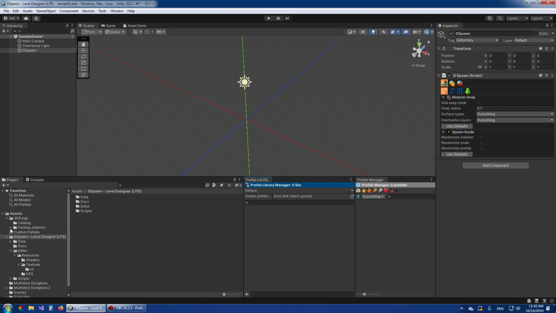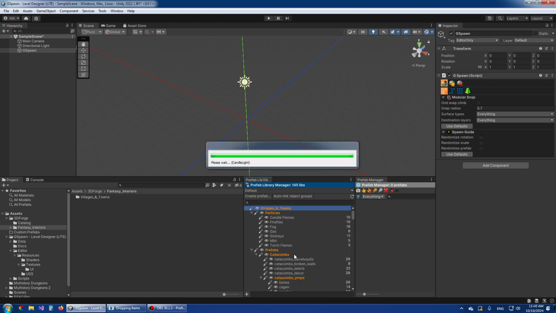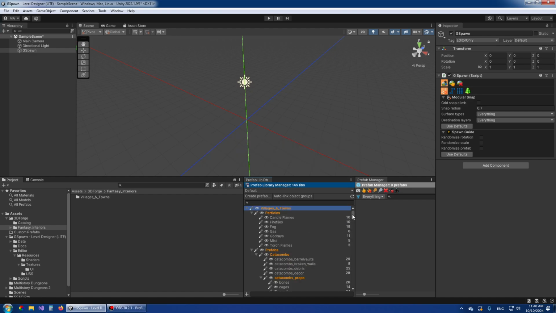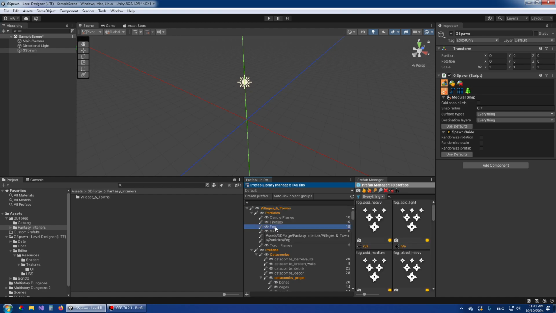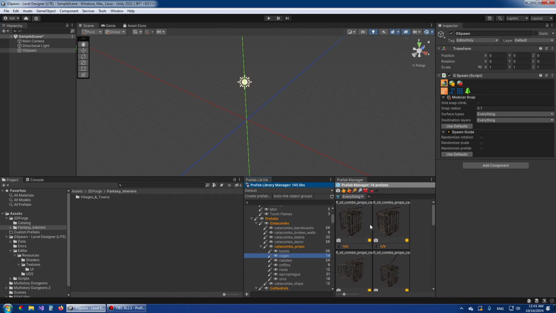So I'm going to go to this Fantasy Interiors folder, and I'm going to drag and drop the Villages and Towns folder inside the Prefab Library Manager window. The plugin will create a hierarchy of libraries which resembles the folder structure. Libraries which are colored in orange are empty libraries which don't have any prefabs, and the other libraries have the number of prefabs shown to the far right. Now when you click on these libraries, the prefab previews will show up in the window on the right,